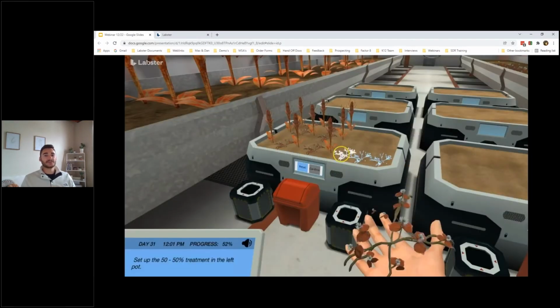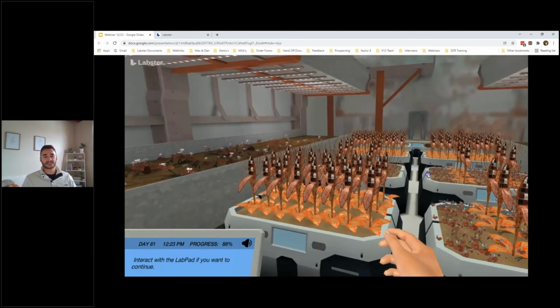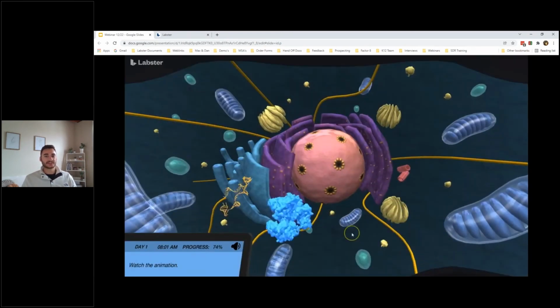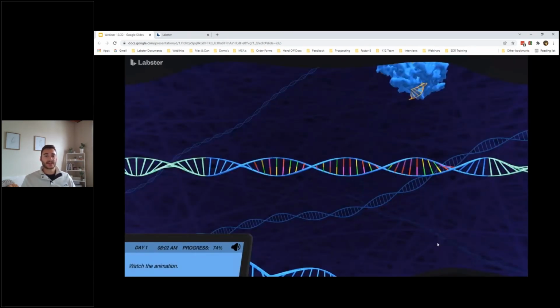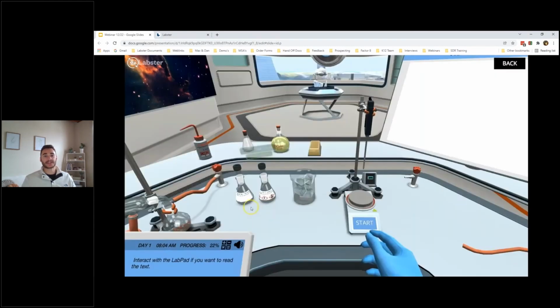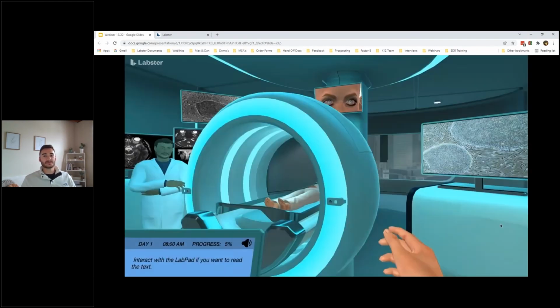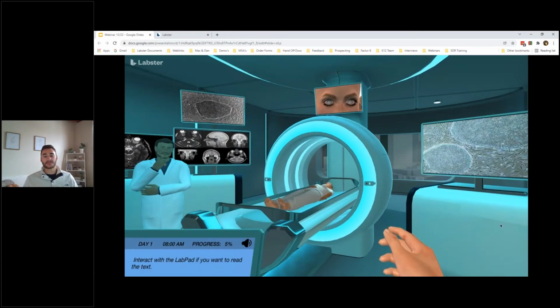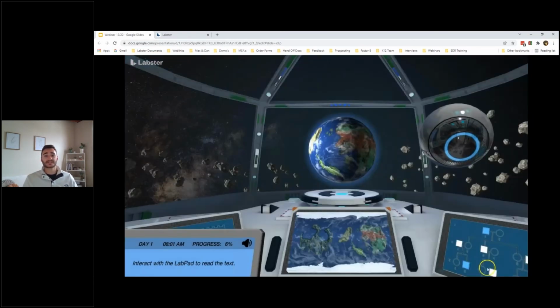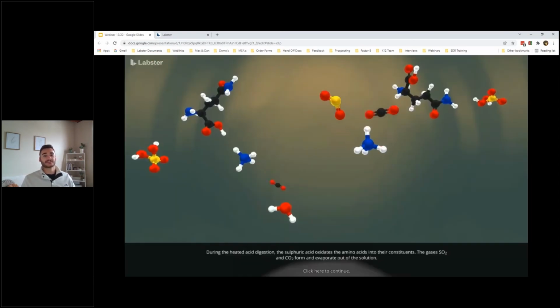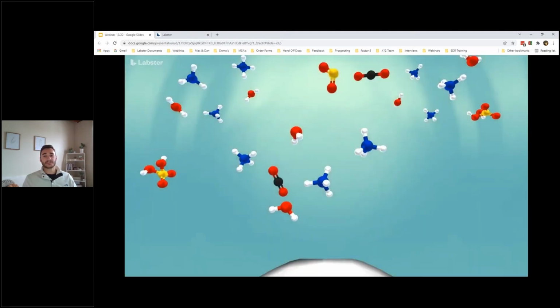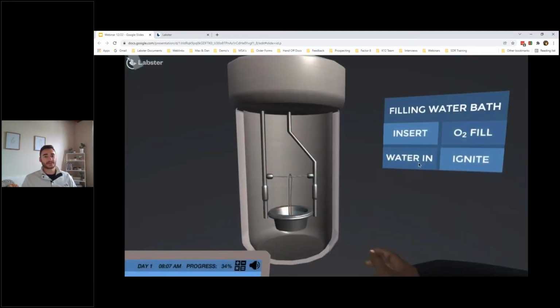So when it comes to engagement, you can think of Labster almost like an educational video game. Each simulation is built around a storyline that links abstract theory and techniques covered to real-world applications. So you could be solving a crime, helping a local sports team learn about exercise, or even helping a doctor diagnose a patient. Students are going to learn how these simulations relate to real life and why they need to do them in the first place.